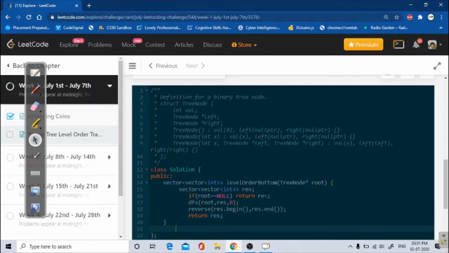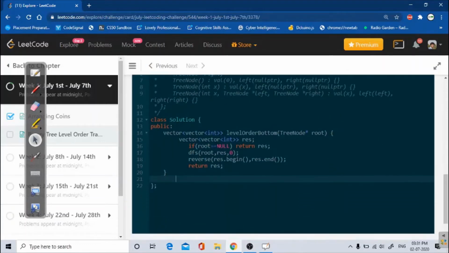And let's write this DFS. For DFS it will return void and we'll take first the root. This will be TreeNode type, that is a pointer node root, and we'll also have the vector result.